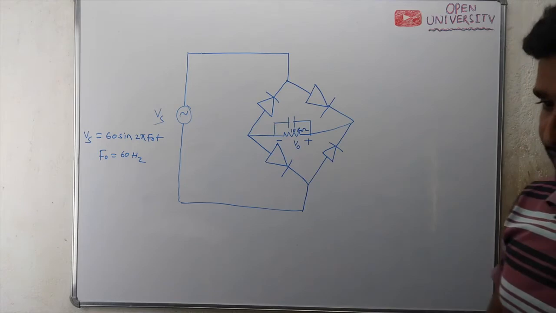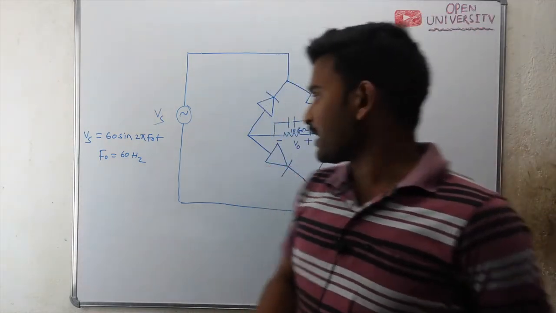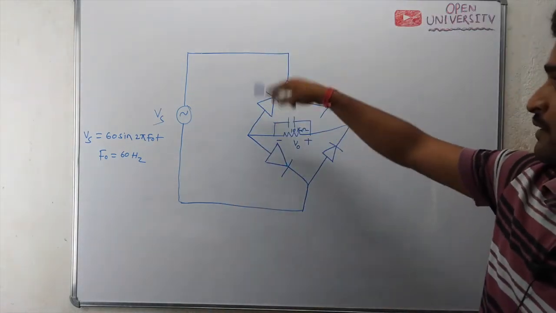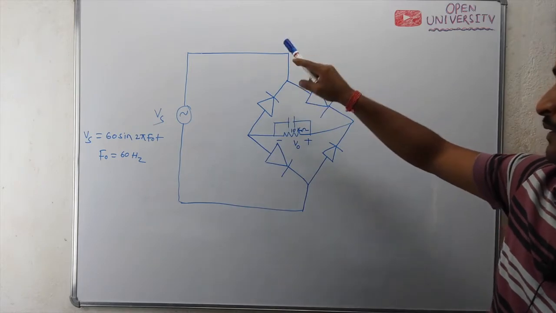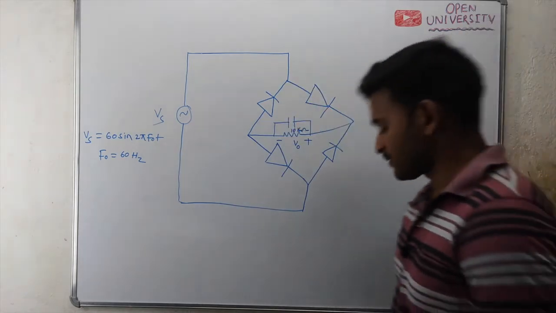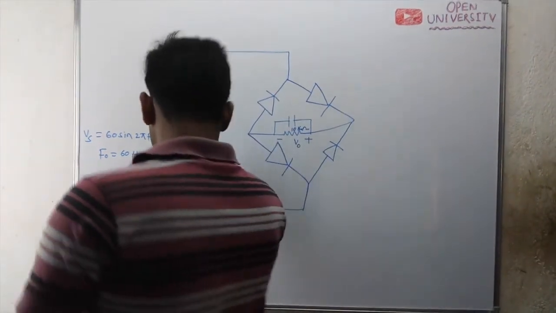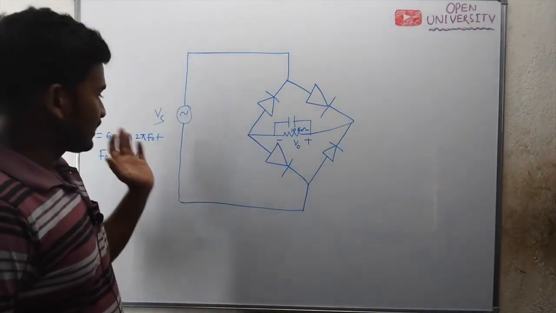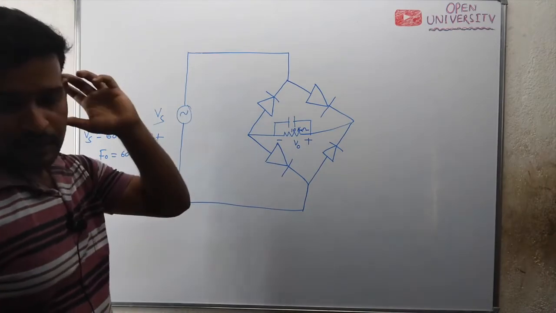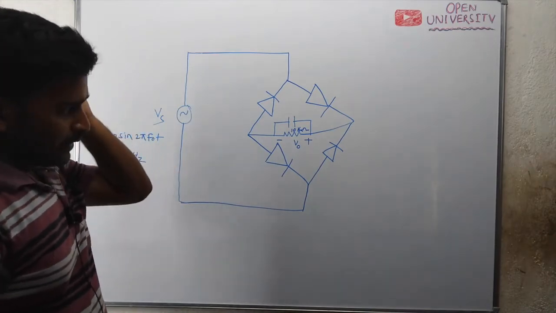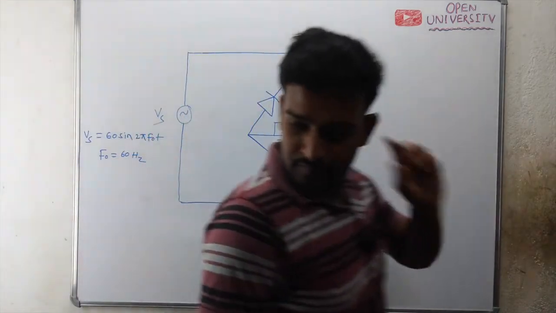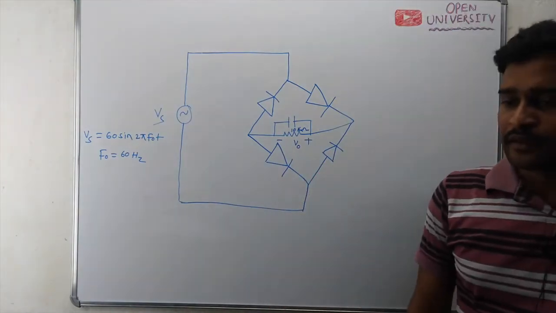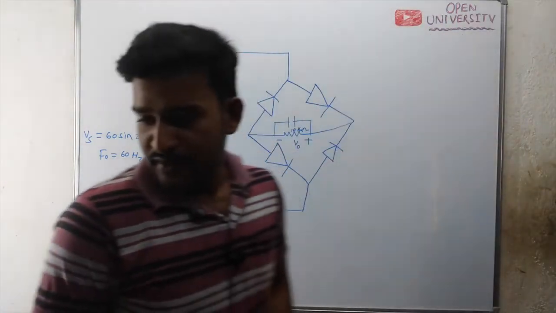What are the data given? Basically it is a high voltage rectifier with capacitor filter. There is no step down transformer, which means it is a high voltage power supply. The high voltage is directly applied to the rectifier and filter circuit. So what are the data given first?